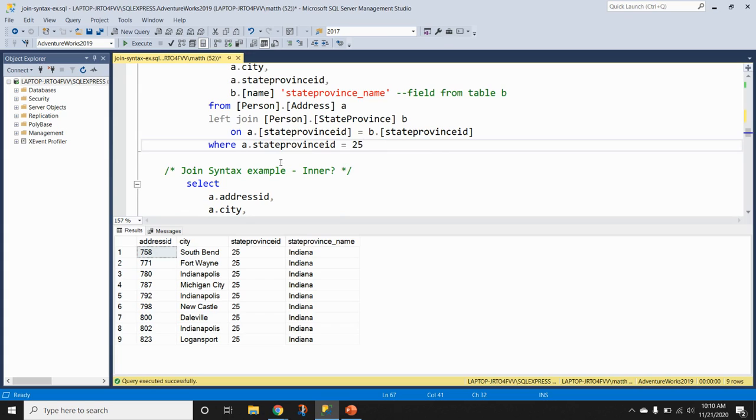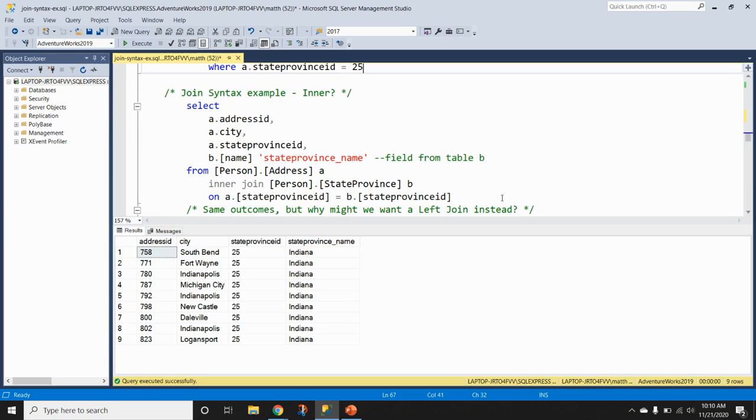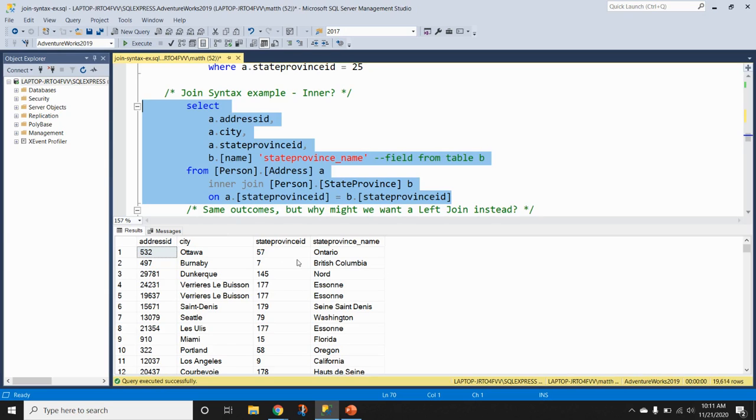So let's see what happens when we execute with an inner join, which means the only records that are going to be returned are those where there's a match in both tables. So what could potentially happen is that we would lose records from this query relative to the left join, because if for some reason a state province ID that appears in the address table does not appear in the state province table, then that record would not be returned, because remember, an inner join requires that the value is found in both tables. In this case, we do get the same outcomes because there is ultimately a match for every value of state province ID in the address table. There is a corresponding match in the state province table,